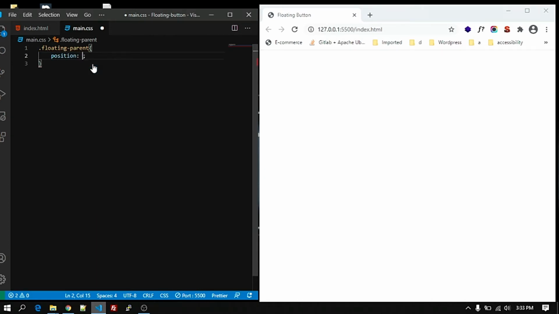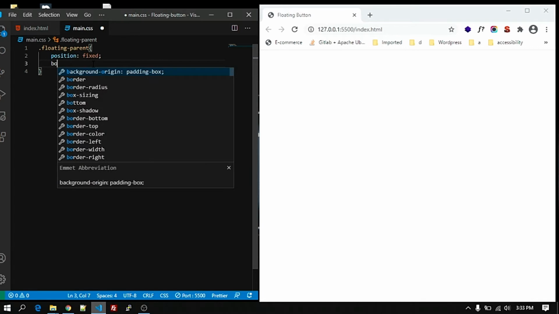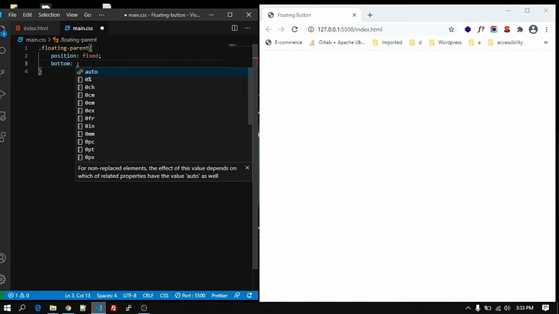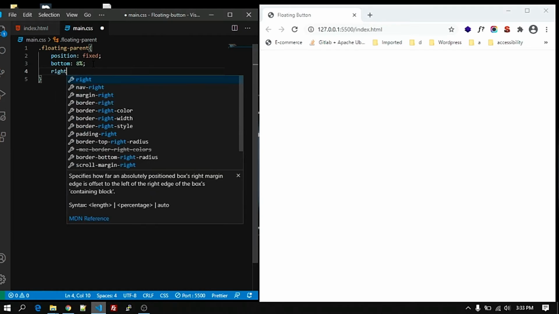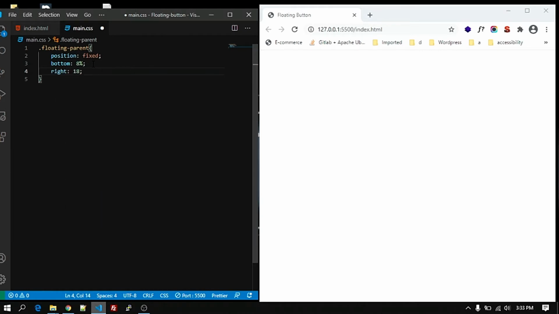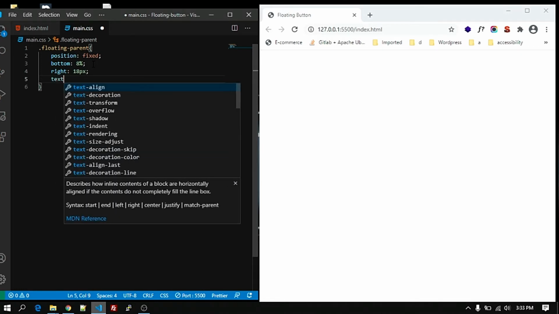Position is fixed, bottom 8%, right 18 pixel, text align center.